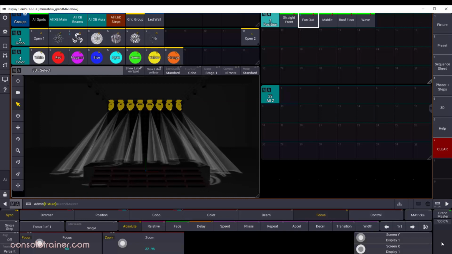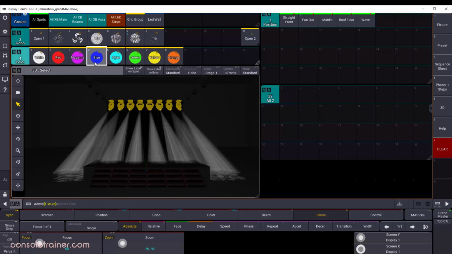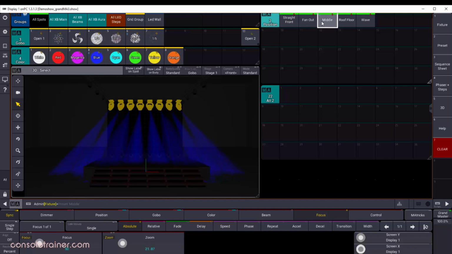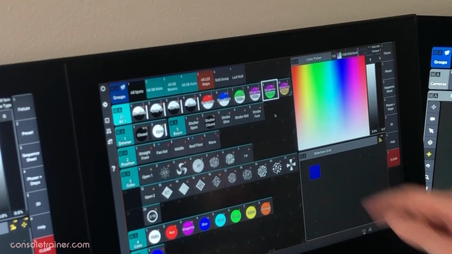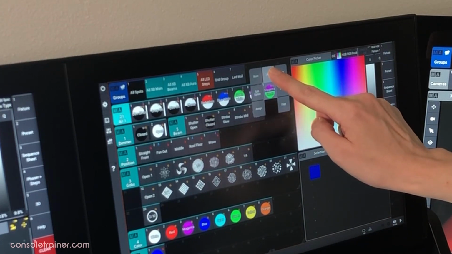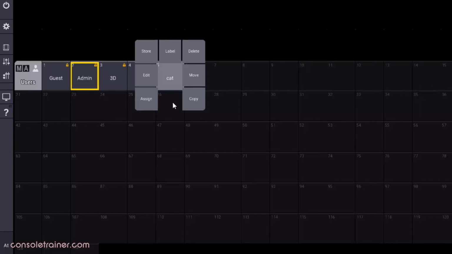There's also new gesture inputs that don't take multiple touches. For example, you can use a long press on an object to store something to it, in lieu of hitting store first. I think that alone will save you a bunch of time in onPC. A swipey is when we press and swipe in a direction, or click and drag with a mouse, on an object like a preset tile to access action objects for common things we need to do, like store, label, delete, move, copy, assign, or edit.